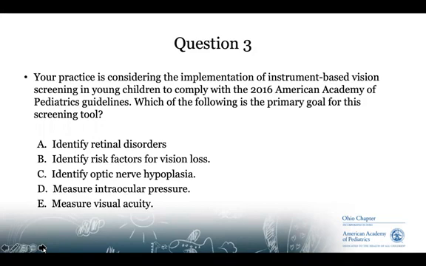Does it A, identify retinal disorders, B, identify risk factors for vision loss, C, identify optic nerve hypoplasia, D, measure intraocular pressure, or E, measure visual acuity? And the correct response is that it identifies risk factors for vision loss. Instrument-based screening will not measure visual acuity.